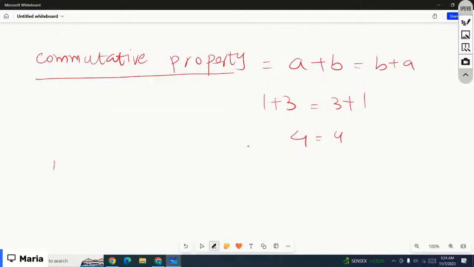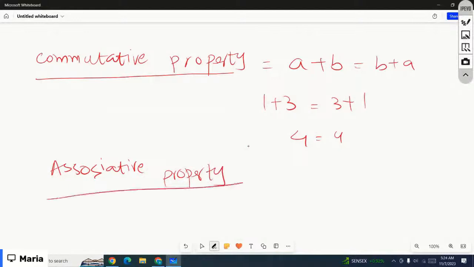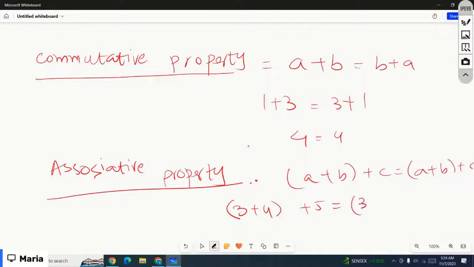The other property is the associative property. The associative property involves parentheses and three numbers, that is (a plus b) plus c or a plus (b plus c), right? If both sides have the same numbers, just with a different order of addition, the answer is always the same. 3 plus 4 plus 5, or here you have, hold on, both sides are,